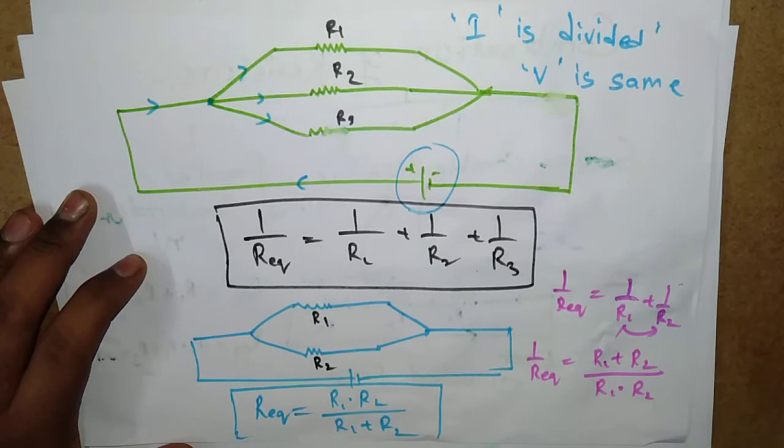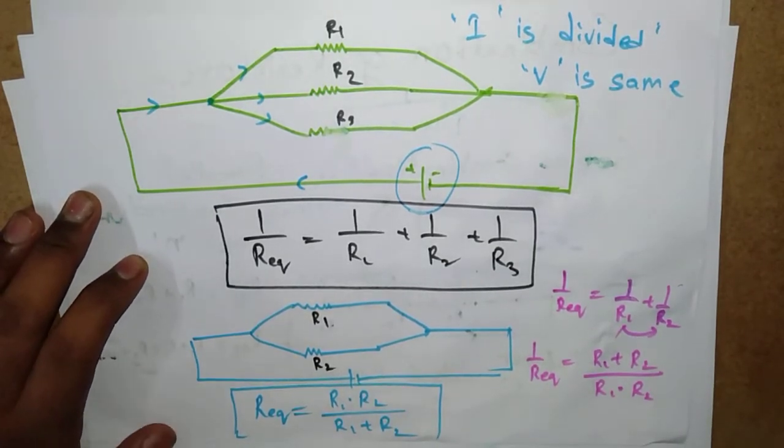Okay, you will get some numerical problems on series and parallel combination. Let me do some numericals on series and parallel combination. So you will get a circuit diagram, and in an exam they will say find the equivalent resistance, find voltage, find current through each resistor. We will see it in the problems. So doing the first problem,